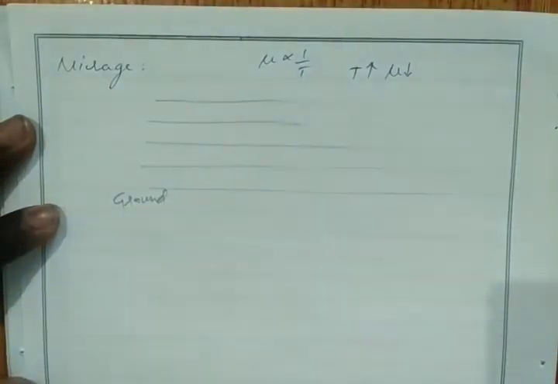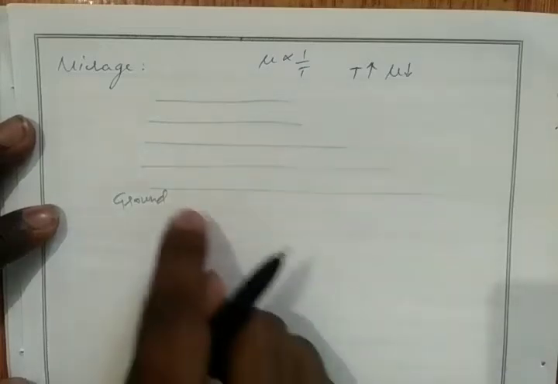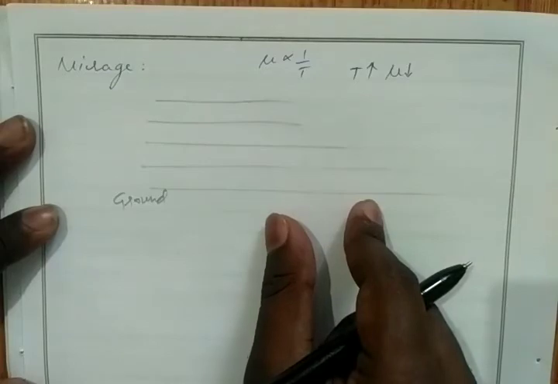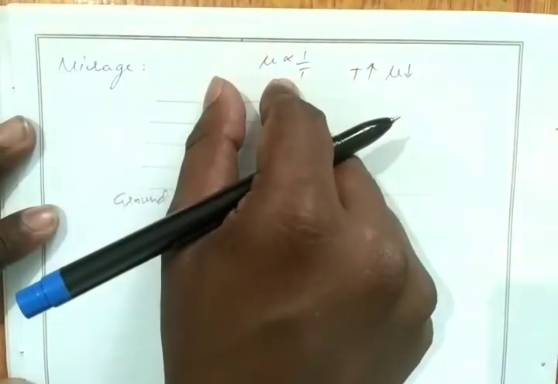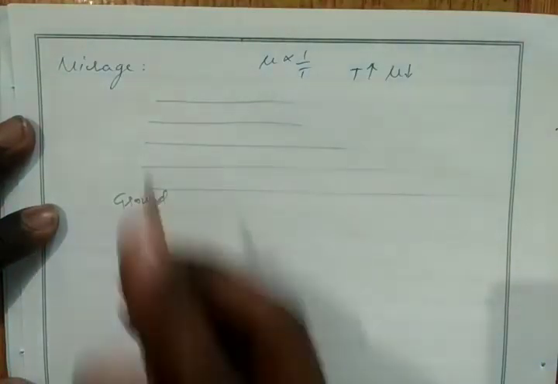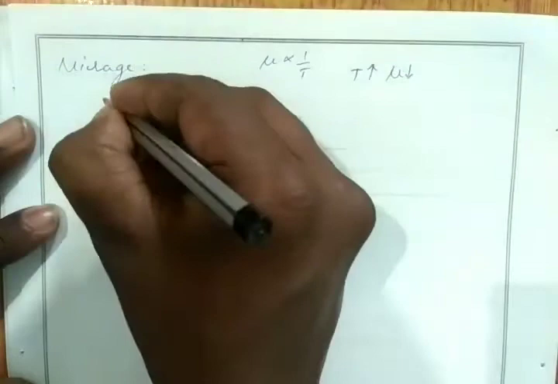So temperature எங்க அதிகமா இருக்கோ அங்க refractive index கம்மியா இருக்கும். ஓகேவா. டெம்பரேச்சர் எங்கே கம்மியாக இருக்கும் அங்கே ரிஃப்ராக்டிவ் இண்டெக்ஸ் அதிகமாக இருக்கும். ஸோ இங்கே டெம்பரேச்சர் அதிகமாக இருக்கும், ரிஃப்ராக்டிவ் இண்டெக்ஸ் கம்மியாக இருக்கும். இங்கே டெம்பரேச்சர் கம்மியாக இருக்கும், ரிஃப்ராக்டிவ் இண்டெக்ஸ் அதிகமாக இருக்கும். ஓகேவா. So we can say the refractive index from the top to the bottom will decrease.